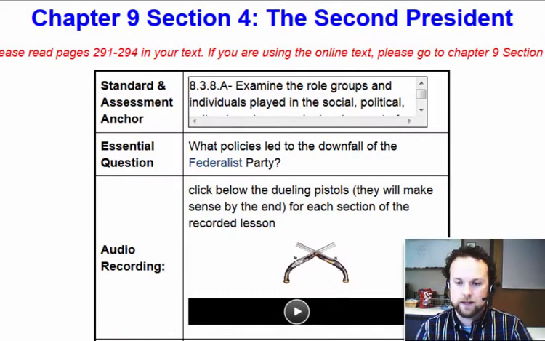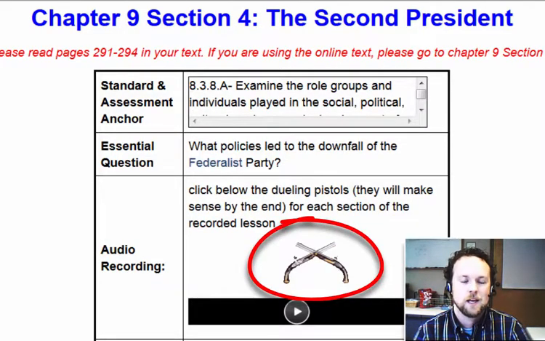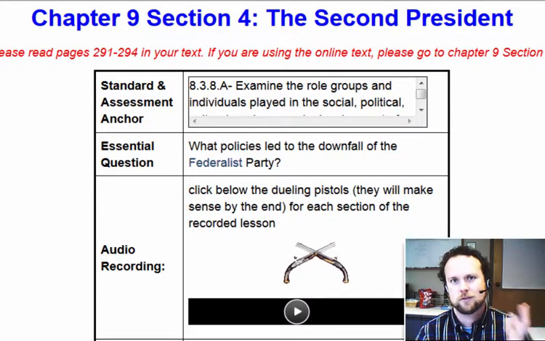As you can see, I've already done an audio recording, and the key picture for today is of dueling pistols, and that will make a little bit more sense by the end of today's lesson. So that's a little clue as to something that we'll be talking about today. But if you want to continue on with the video recording, let's go now and look at our key terms